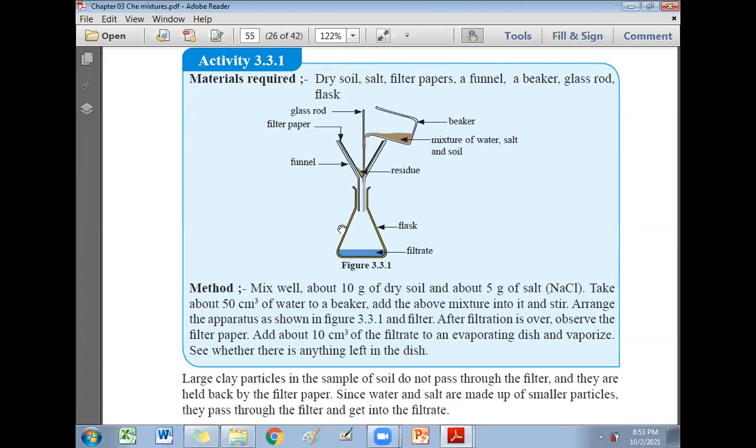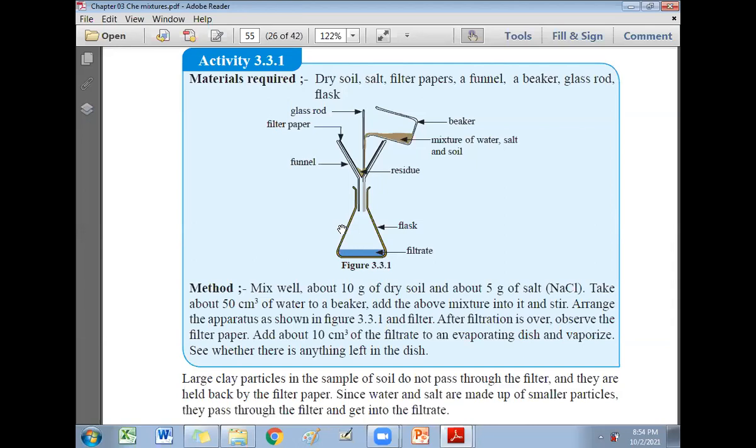Soil, dry soil is left as the residue. What is going to the filtrate? Salt and water. Salt dissolved in water. Is that clear? Sand particles or clay particles are left as the residue. So this is what they have tested there. Without giving this figure, without giving this practical, they have indirectly asked the same question using a different reaction. Here it is physical, they are not chemically combined. So this is a mixture. They are not chemically bonded. Soil plus salt plus water. But in the previous one, you get the products after a reaction. What is the reaction? Calcium chloride and sodium carbonate, a double displacement reaction.